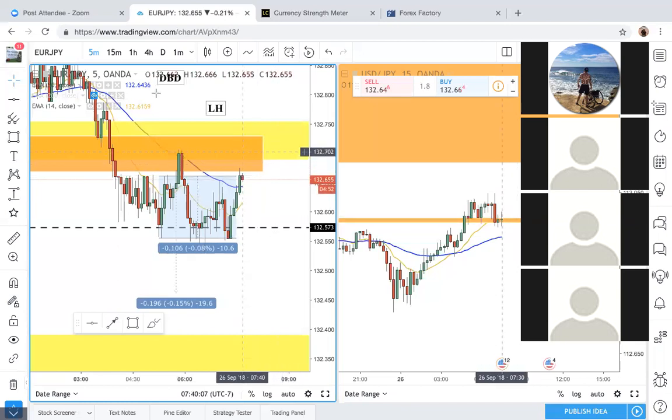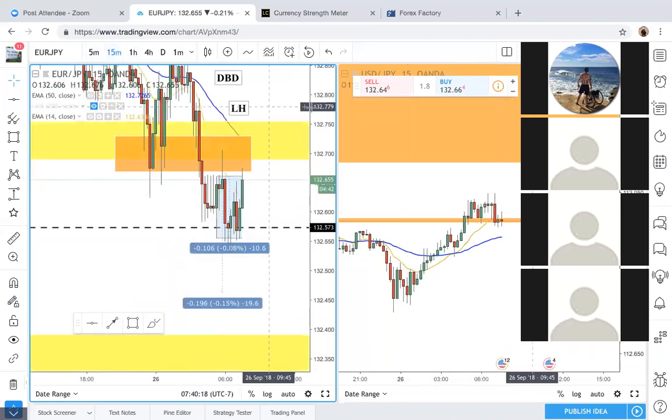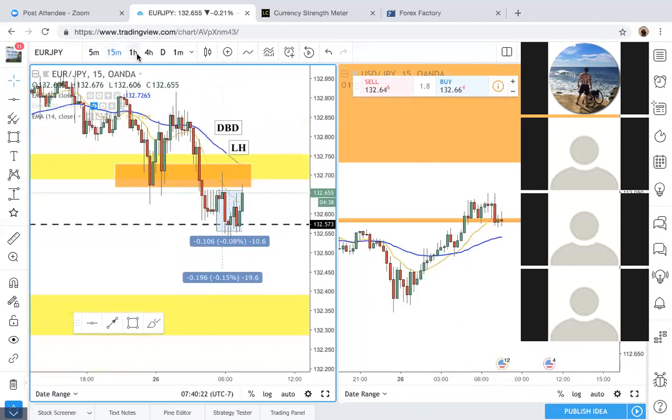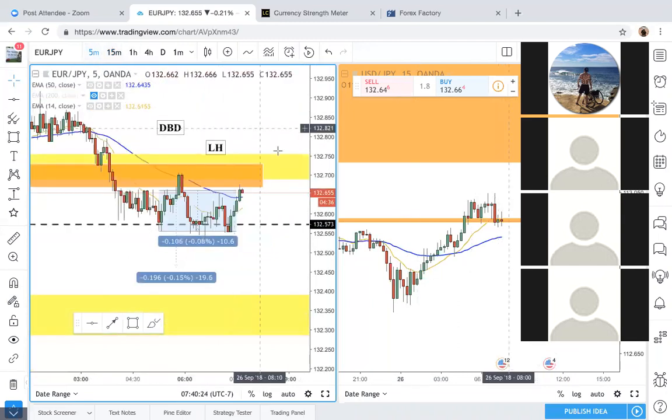Now we're changing structure, but I'm hoping for the pullback still. That's what I'm still waiting for, because now if we are breaking structure, we still need to make pullbacks to make new higher lows before continuing. So if it ends up coming down, which it is,